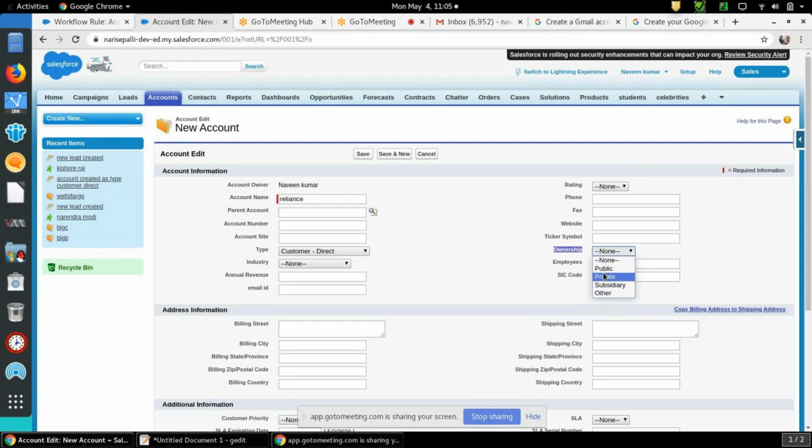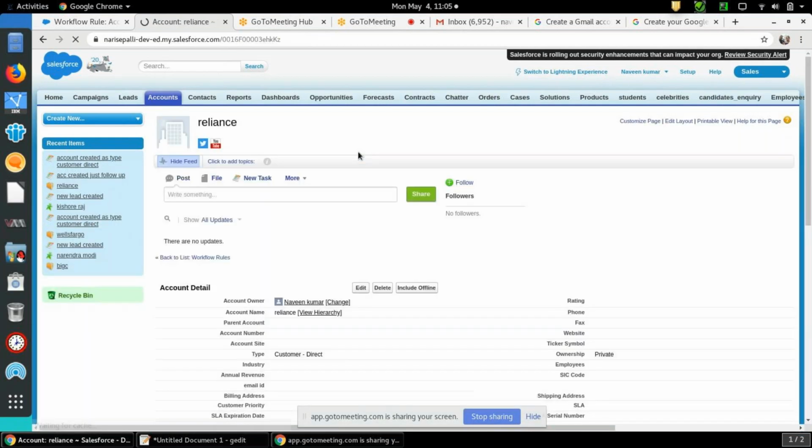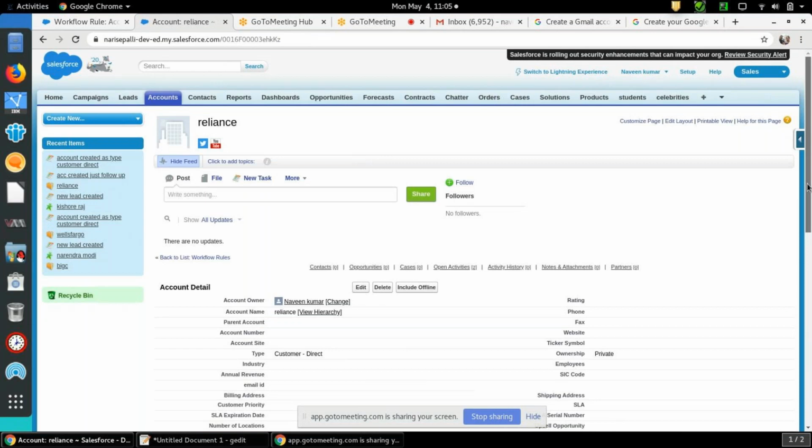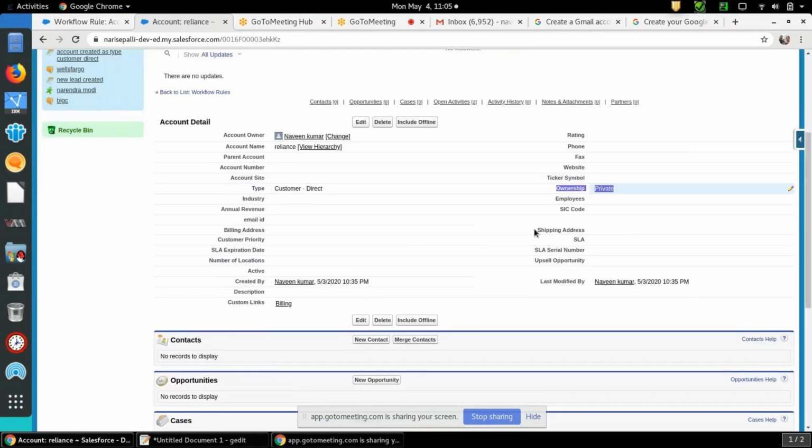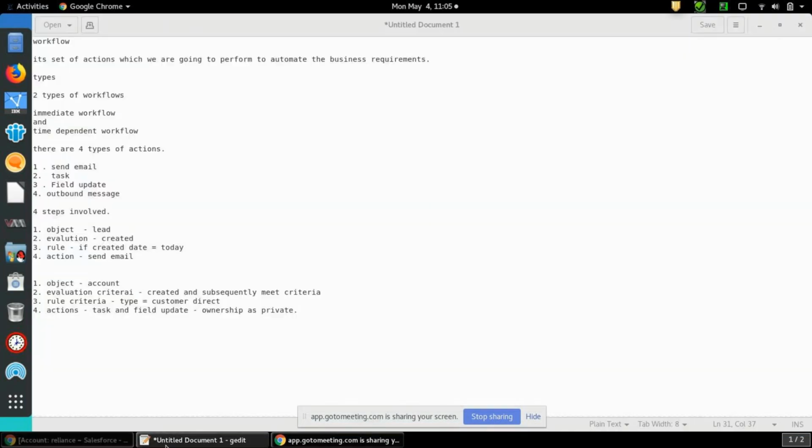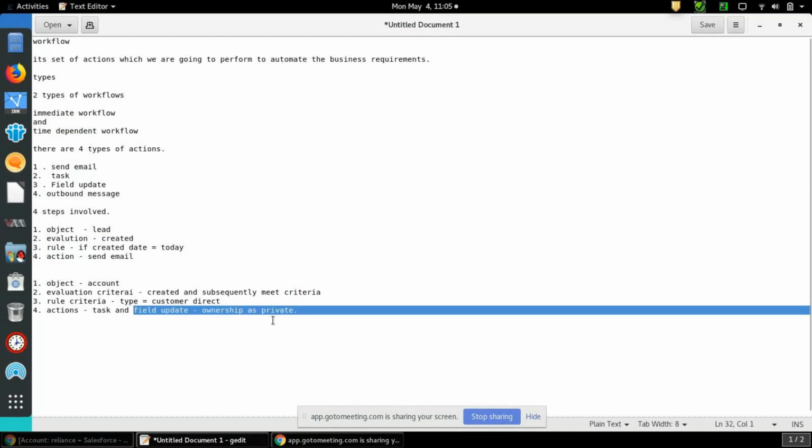Okay, I'm not selecting any value over here. Just click on save. Record got saved. Can you see? Ownership equal to private. Our field update condition is satisfied. Field update became private now.